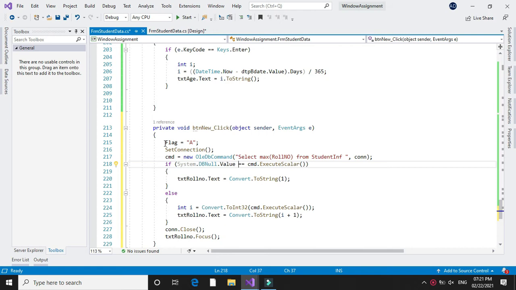then we will assign roll number directly equal to 1, and if it is not null, we will get the last value from the table by using the ExecuteScalar method, add 1 to it and assign the new value to our roll number.